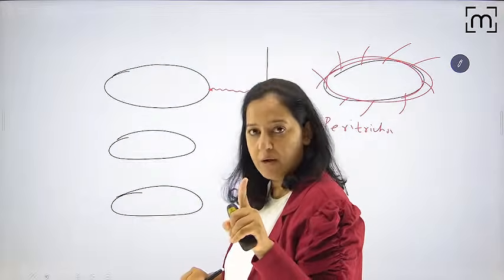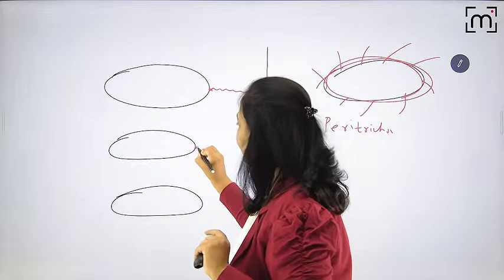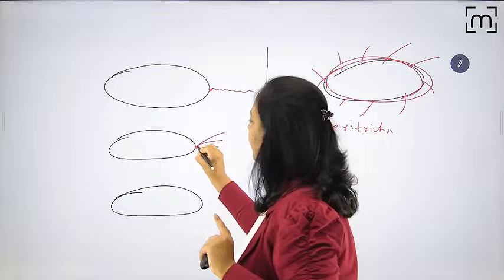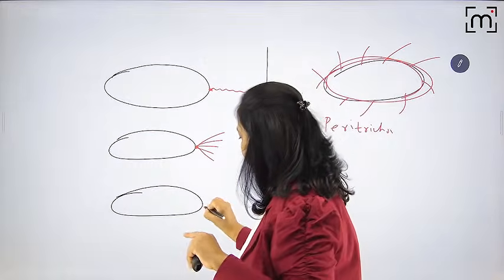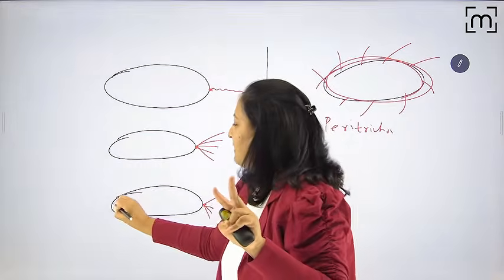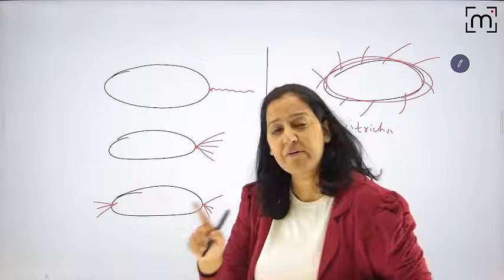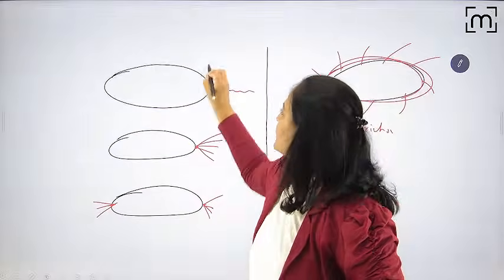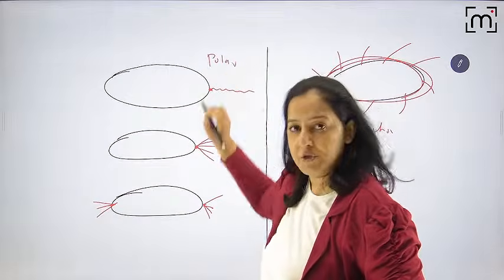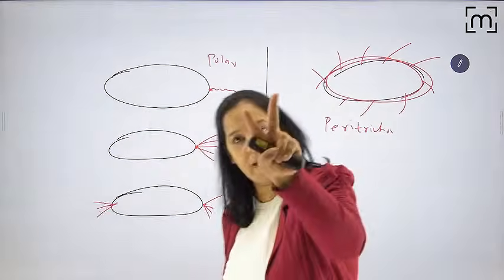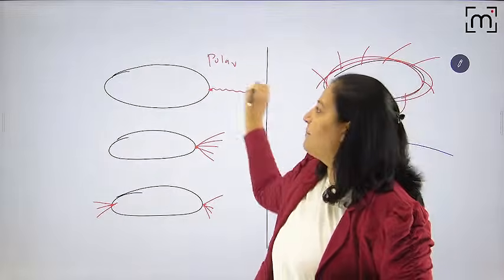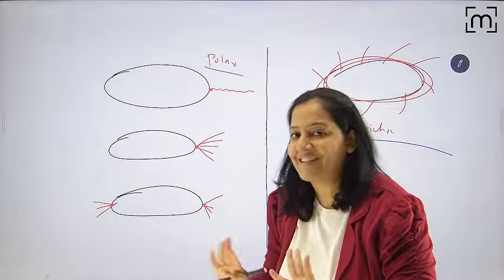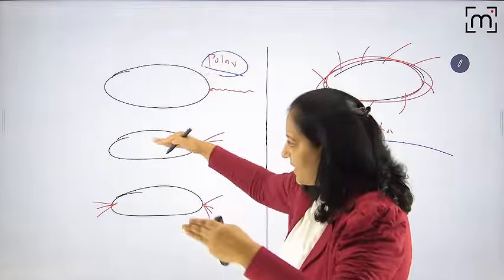Here, we have only one flagella at one pole. Or multiple flagella but coming out from one pole, or multiple flagella from the 2 poles. Please appreciate, here the flagella is coming from 1 or 2 points. Here the flagella is coming from all the periphery. This is known as polar. So my point is, there are 2 types of flagella: peritrichus and polar. Peritrichus doesn't have any other type, but polar is of 3 types.